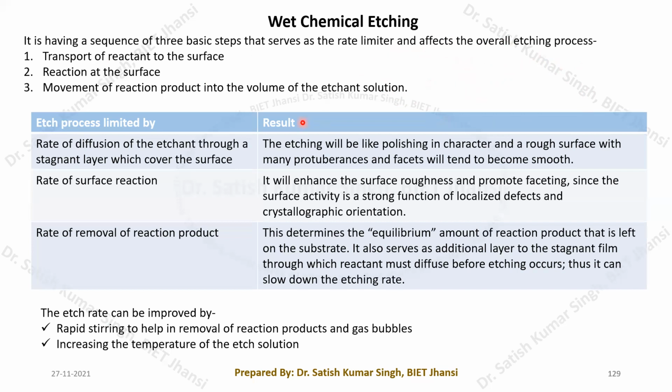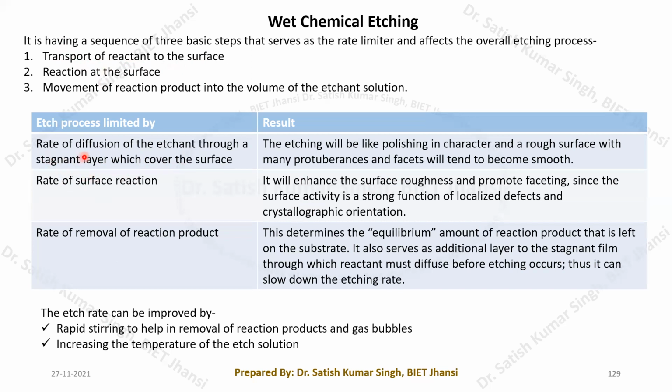So here I have noted down certain results: what will be the consequences if the etch process is limited by these three factors? These are the results which we have already seen from experimentally found results, which by experiment we have established. You can see here that when this etch process is limited by the rate of diffusion of the agent, I mean the transportation rate of the reactant to the surface,